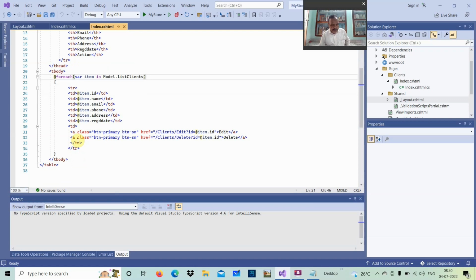Okay, and we create two buttons, a class button, primary button sm. As reference clients edit item.id, here the name is edit. So button is created edit, another button is created also delete. So this td you closed here, the tr what you started you close it here, the t body what you started you close the t body, and the table you started, all the things. Okay, up to this everything is fine. You save all the things, you can save this file index.cshtml. If you want to save all these files, you can click save all here, or save this particular file here. Now everything is fine up to this.